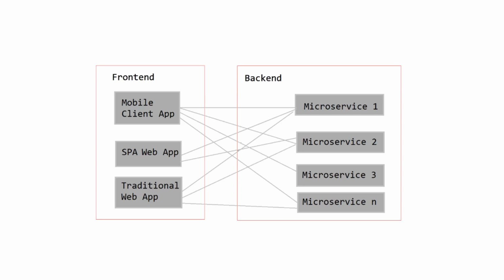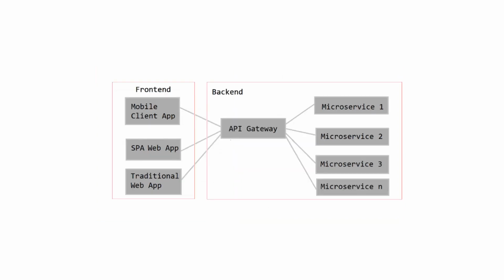Now what we are going to do is create a gateway application which sits between the front-end client applications and the back-end microservices. So this is a gateway application. This will be the single point of entry to the back-end application. Now the gateway takes the responsibility to get the resources from the one or more microservices, aggregates, and gives it back to the client applications. So this responsibility is moved from the front end to the API gateway.